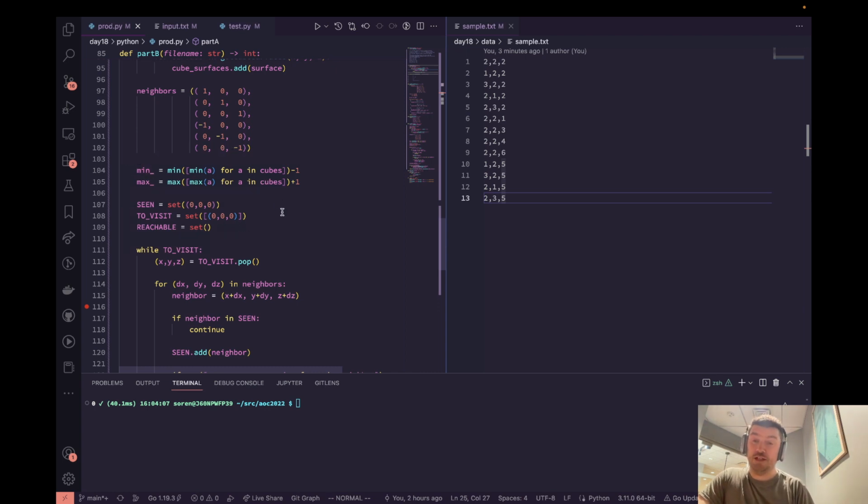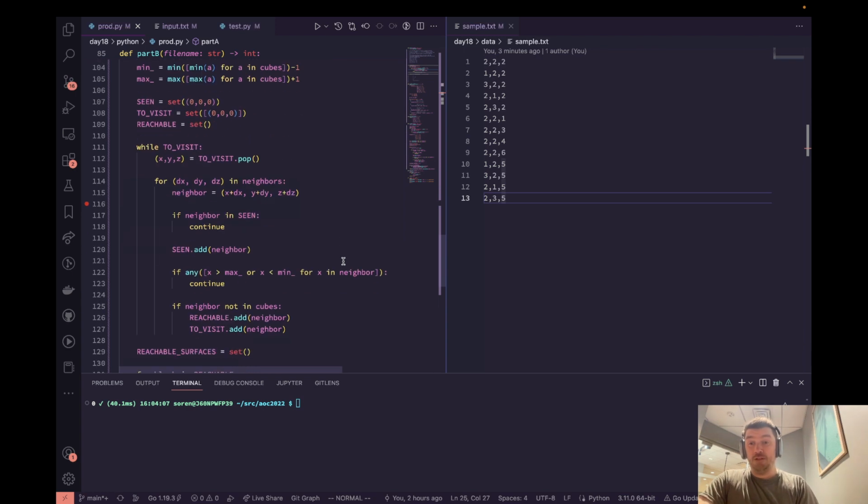It worked out, but if I were doing this again, I would change these to the minimum, so that it's -1, right? So I make sure that I don't end up in a situation where the 0,0,0 cube happens to be surrounded, and then I can't go anywhere. Anyway,